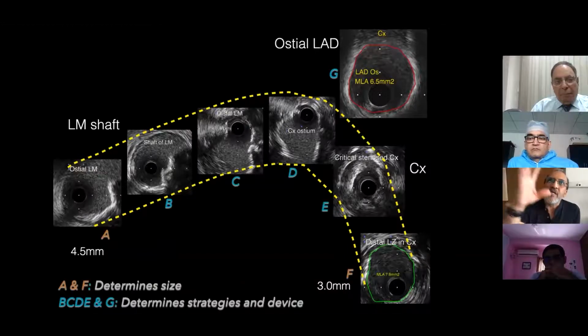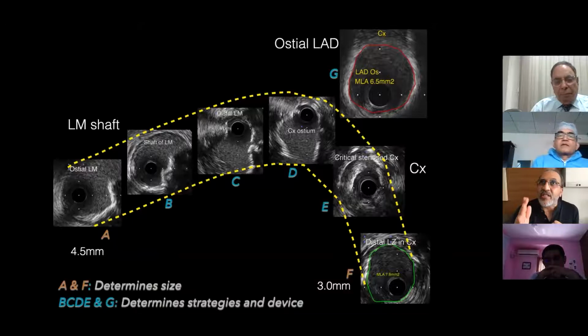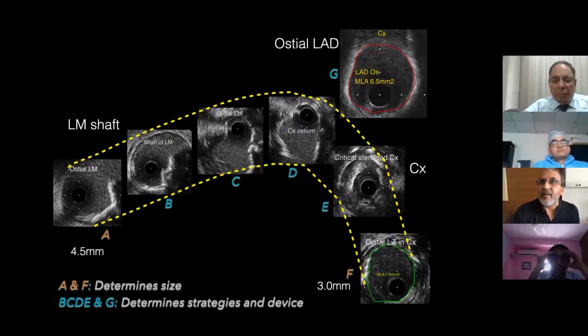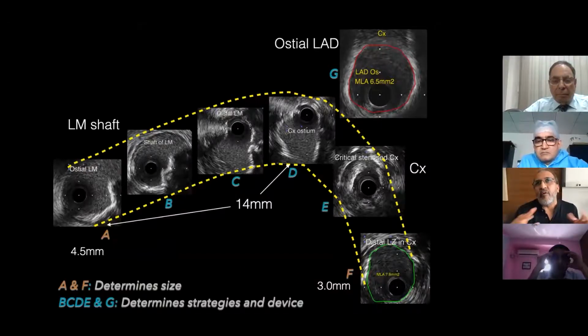And what you see is if you look at the blue, that is B, C, D, E, and G. These images are the core images which are going to decide the strategy. The G decides that the LAD doesn't need to be engaged, so it's a single stent strategy. And the B, C, D, E says that there's calcium there which needs to be worked on, so we would use a flextome or a lithotripsy balloon to fracture that in our present practice to get a delivery of this. Also, what imaging tells us is that from point A to point B, which is the bifurcation point,